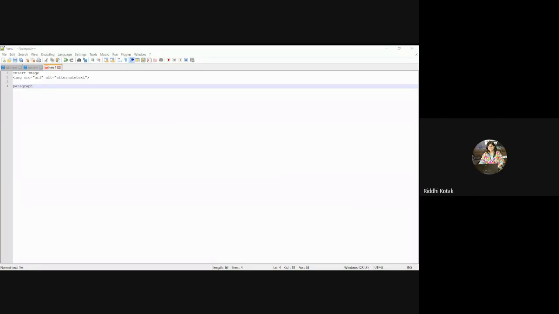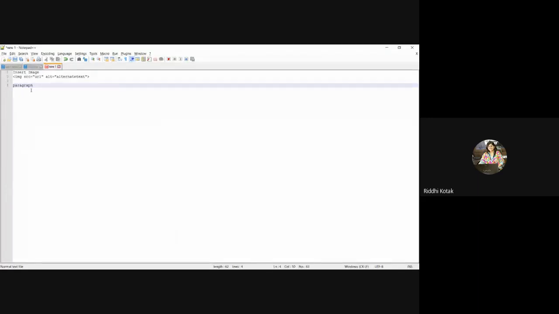Okay. Now the last activity for the two-day lab, you have to use a table. Create a table. In that, I want serial number. In the next column, I want degree.